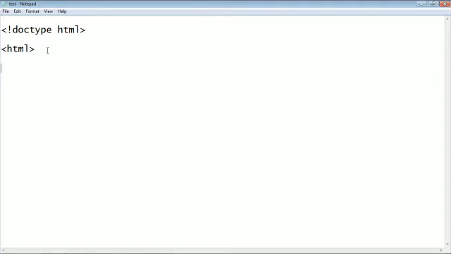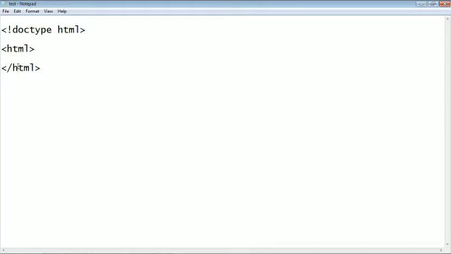Without this line we can't start the HTML coding. And next we need to close it. To close it we write a forward slash. Without the forward slash we can't close the HTML tag. So both of these tags are initial and important to start the HTML coding.